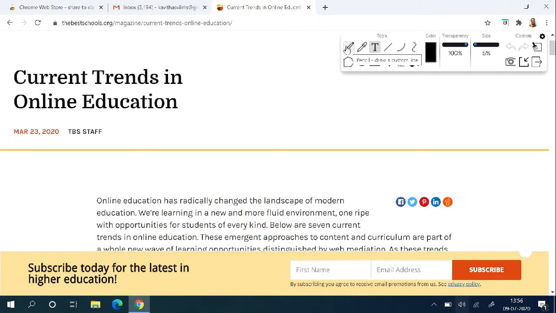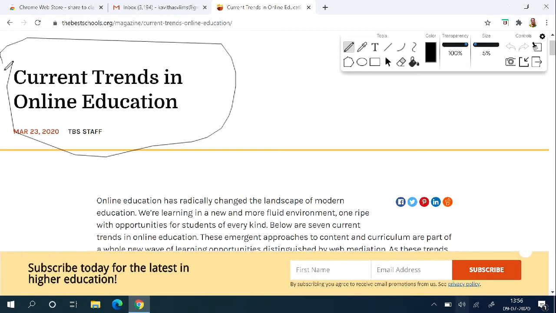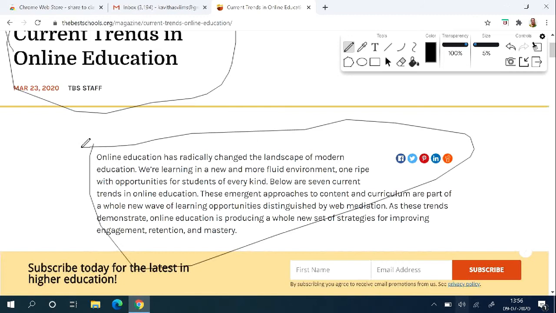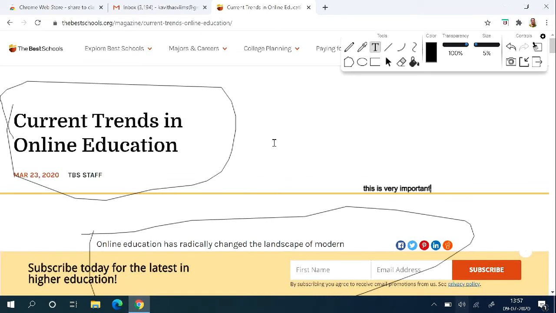For example, this is a pencil; you can take it and highlight, select it. If you want to write something, even a text, you can have a text here and say this is very important. Like that, I can do all the important editing with this. That is the way the second one works.